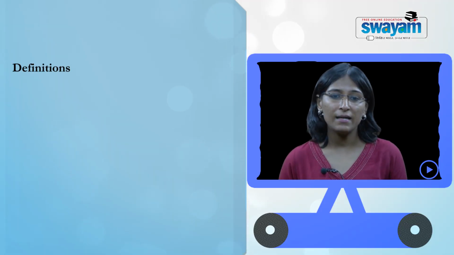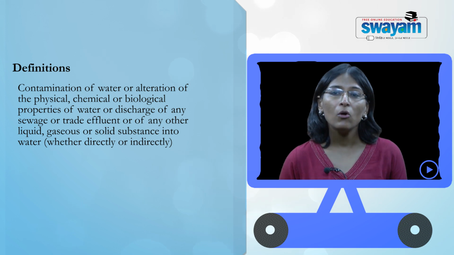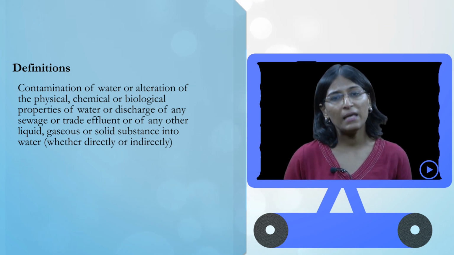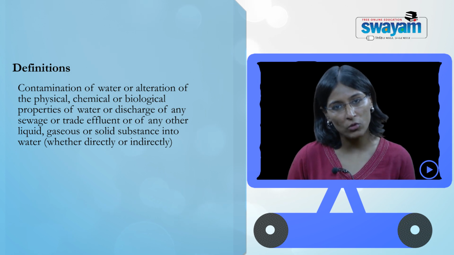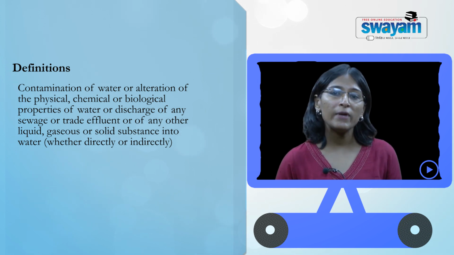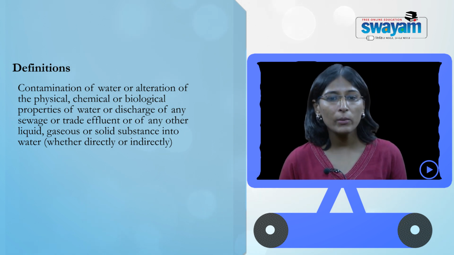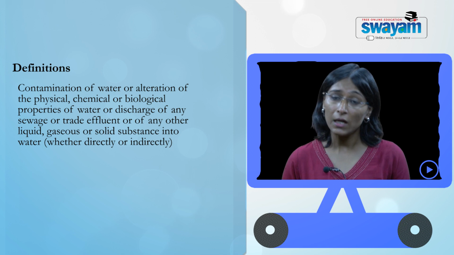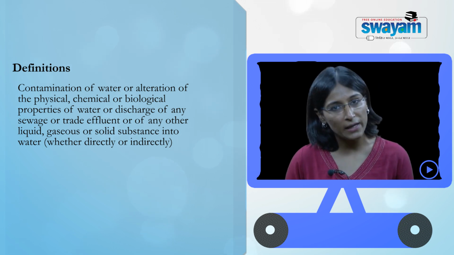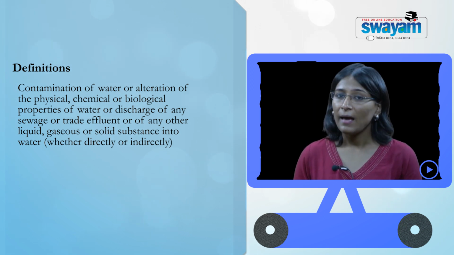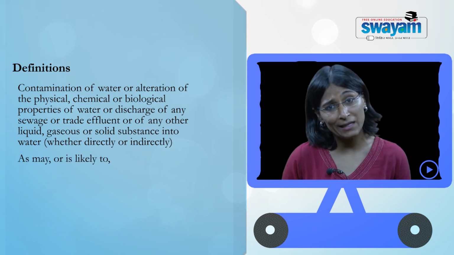Coming to the definitions, the most important definition here, of course, is the definition of water pollution. Let's look at this in some stages. Water pollution is defined as contamination of water or alteration of the physical, chemical or biological properties of water, or discharge of any sewage or trade effluent, or of any other liquid, gaseous or solid substance into water, whether this is done directly or indirectly, as may or is likely to